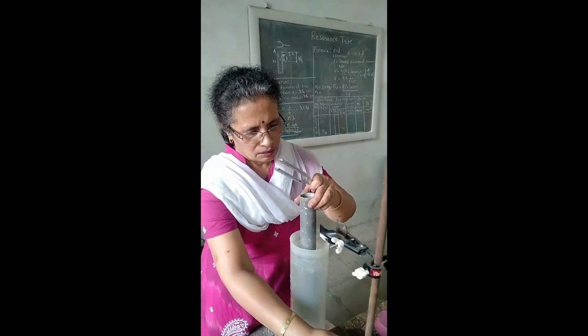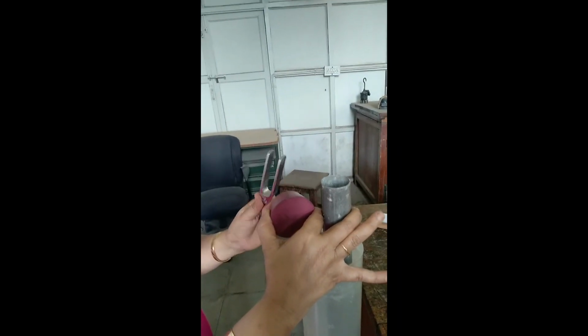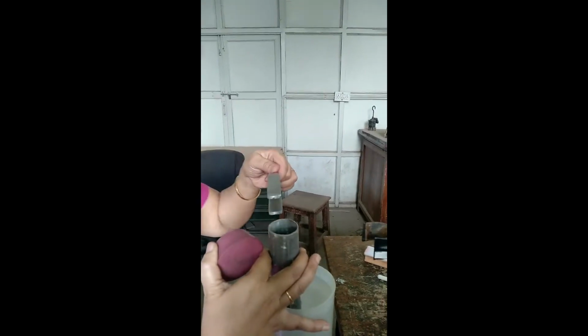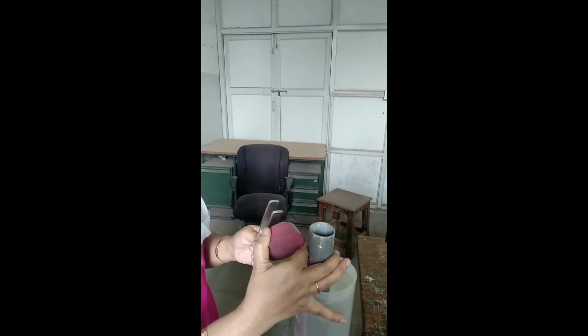You just make the inner tube free. Hold this inner tube like this: in these two fingers the tube is there, and in these two fingers the rubber pad is there. Because in the experiment, in the exam, you have to perform on your own. No help is there. So do it on your own. Start with the minimum length. Strike the vibrating tuning fork. See the sound. Stand properly. If you keep your ear closer to this, you will listen to the sound of the tuning fork as I explained earlier. To listen to the resonance, you have to stand properly and increase the length.